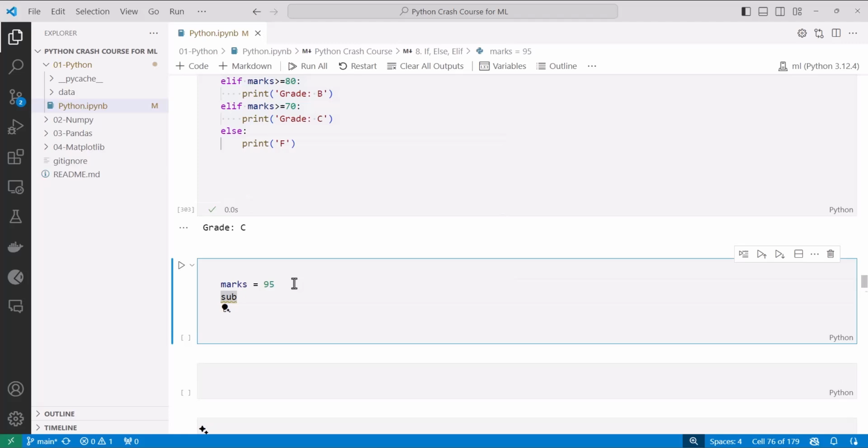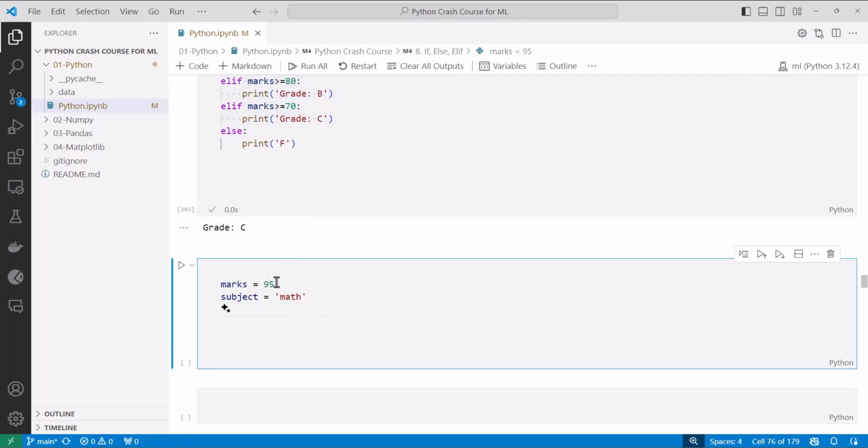So I'm just going to say subject is equal to math. Alright, so if subject is math and mark is 95, in that case you print a grade as excellent, and if mark here, let's say